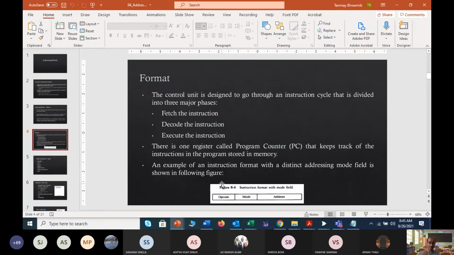Okay. So these were the basic things of addressing mode. From here, yesterday we already knew about operand, opcode, operator. So today we just got two new terms. One is mode, that is the addressing mode basically, and another is the PC or program counter. Right. So now we will gradually move to the addressing mode details.